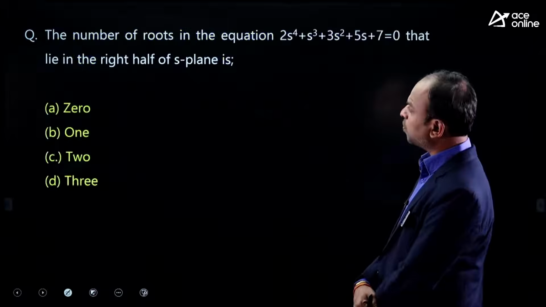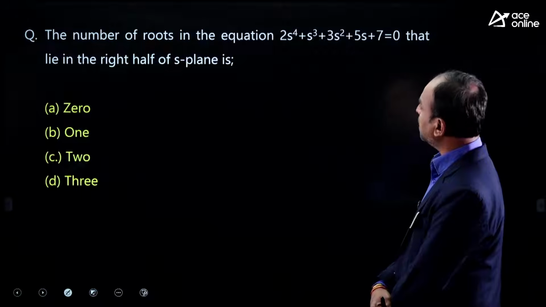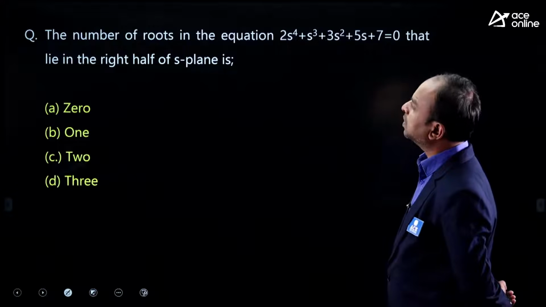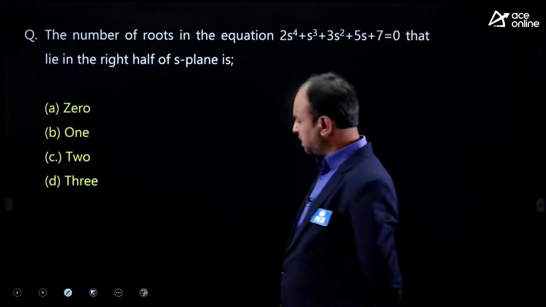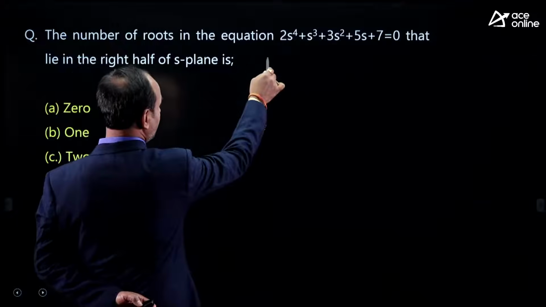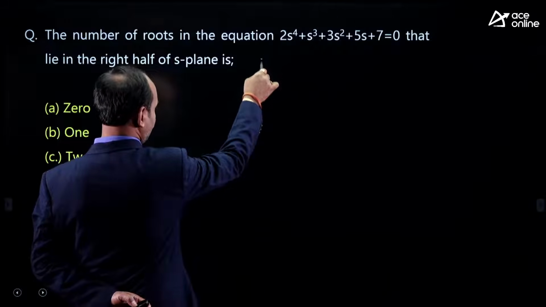Then next we'll go for one more question. The number of roots of the characteristic equation that lie in the right half of the S plane is... Right of the S plane means the number of sign changes here. Number of sign changes in the first column. Okay, I am taking the number of sign changes here. So first thing,